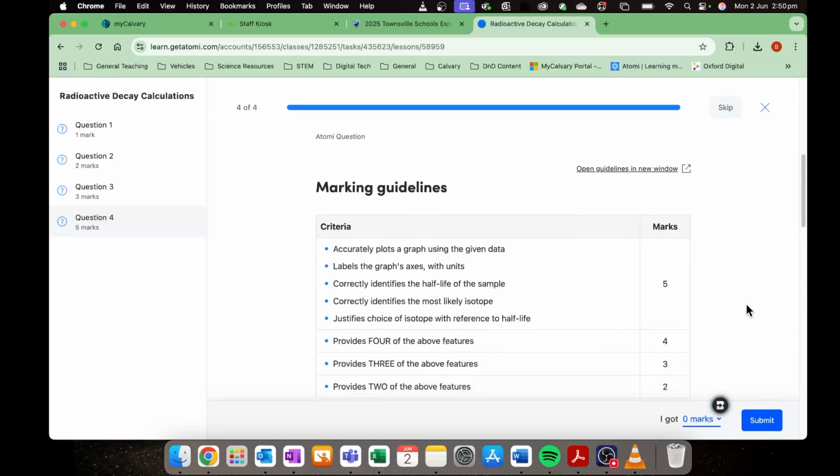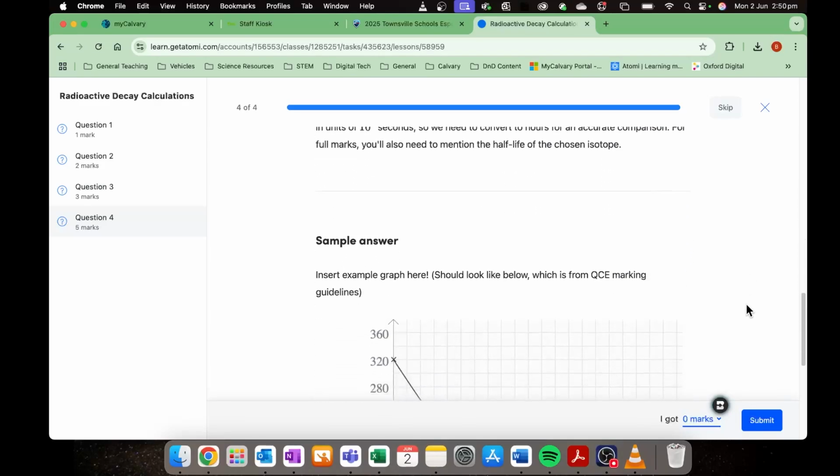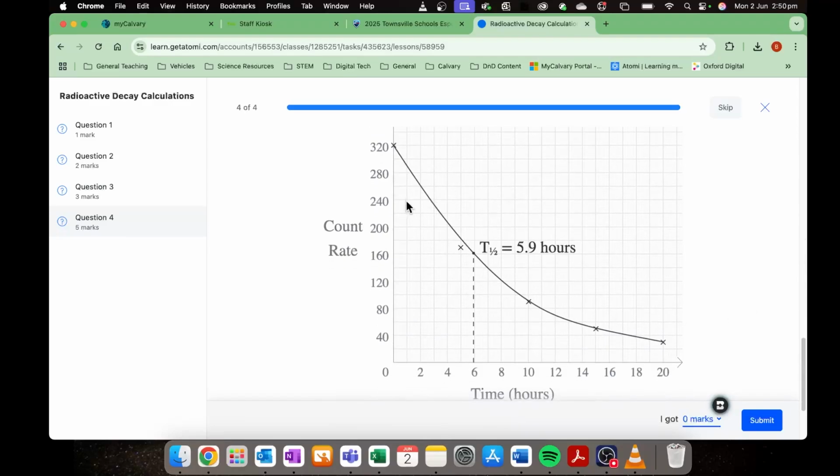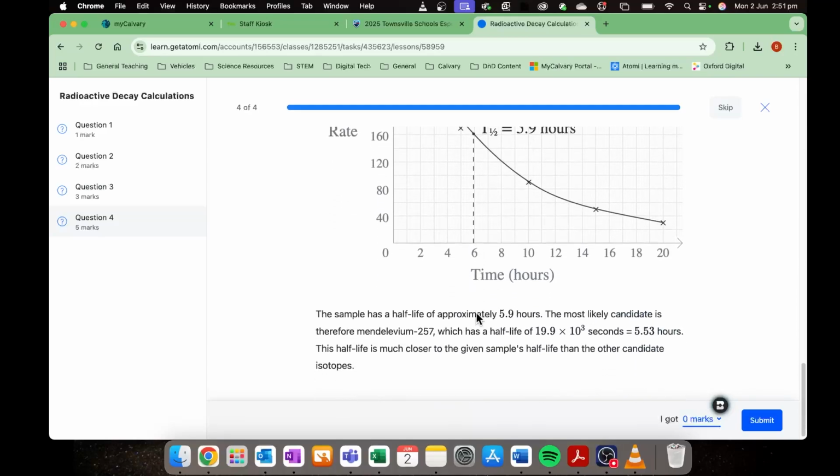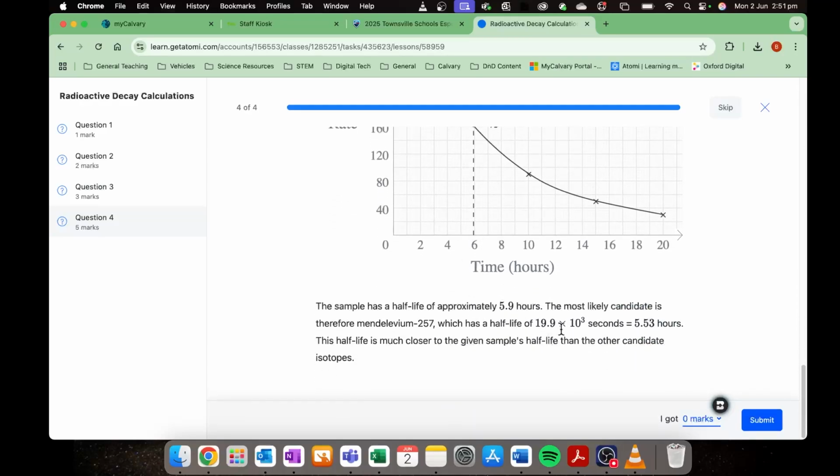And if we take a look at our answers here, we'll find there's the sample answer. They've done the exact same thing. There's the graph. They've tracked it across, tracked it down, right? They said about 6 hours, 5.9 hours. They converted it to seconds, and from there,